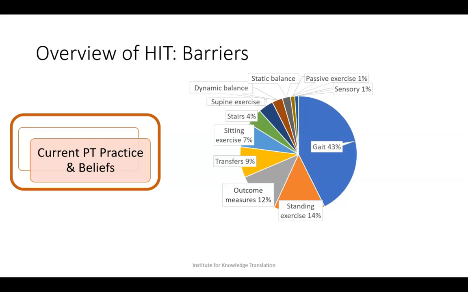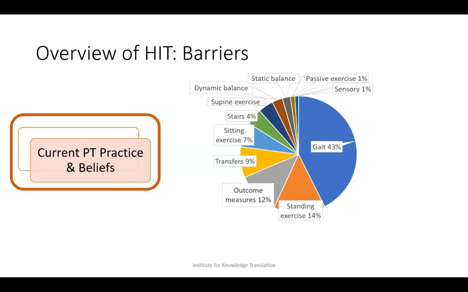clinicians are generally on board with the concept of outcome measures. That's been something that we've talked about as a profession for a lot longer, which helps. And also, I think the important fact is we're talking about adding it to their toolbox. So we're not asking them to really change much with their practice. We're just asking them to add one more thing to it, which is really different than the high intensity gait